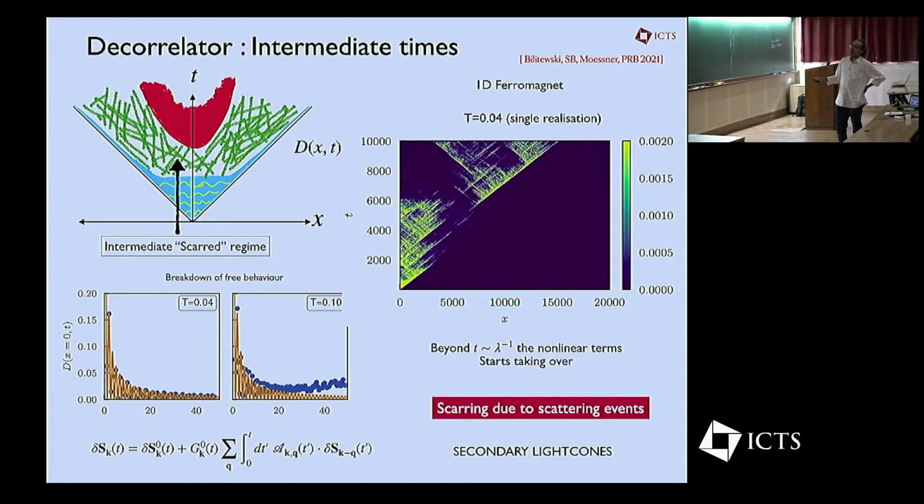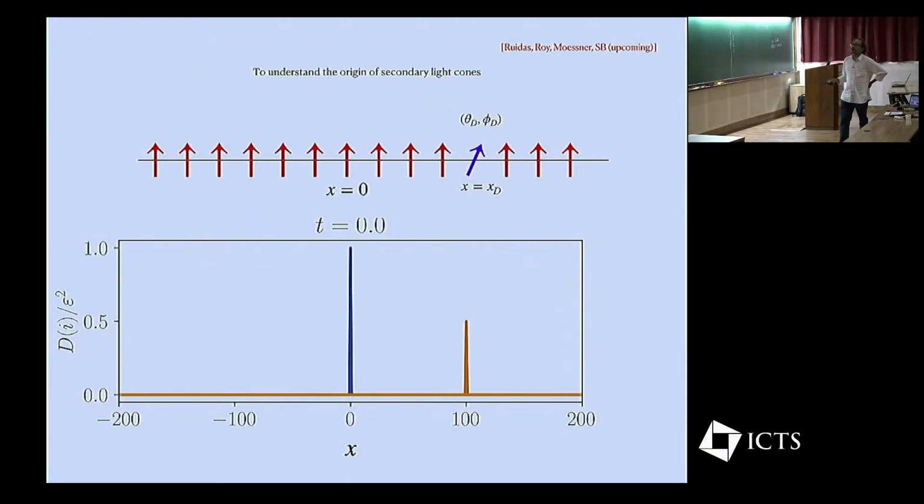And roughly this starts, I'll come back to this at a characteristic time scale. And then the question is, can we understand the origin of the secondary light cones more carefully from the scattering events coming from these imperfections due to thermally excited spin waves? Okay, so one way that we recently found out that this can be understood a bit more carefully is that